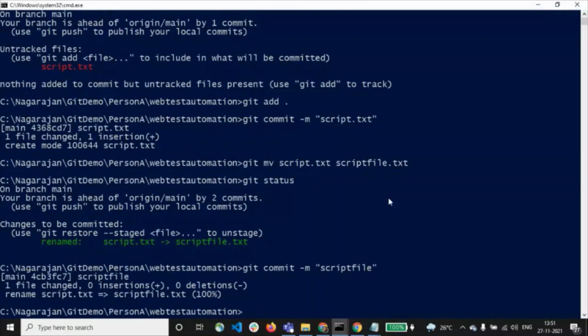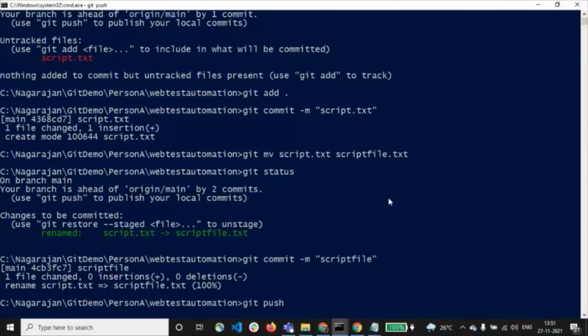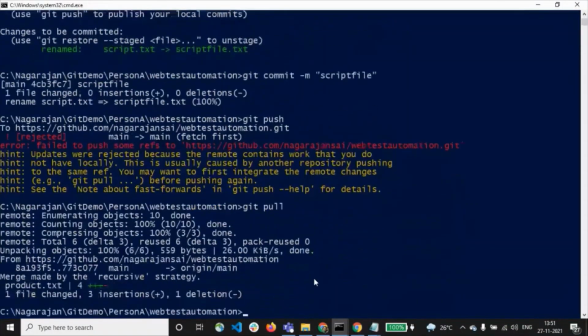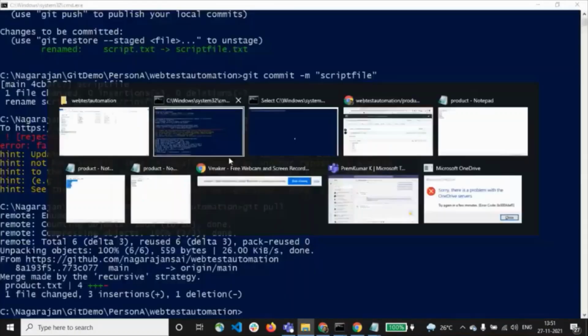I'm putting some dummy commit message. Don't do that. You'll have to put a proper commit message. Okay, git push. Now this file will get pushed to, what is that? Since we need to have a git pull first, let's have a git pull. Okay, it's done.